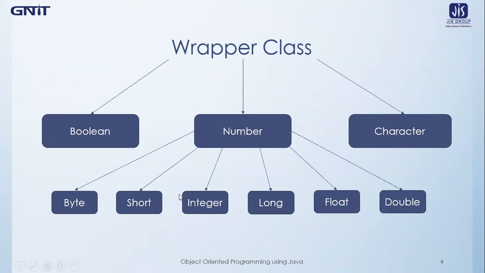Another data type which is there in Java is boolean, and capital B Boolean is the wrapper class for that data type. And another data type which is there in Java is char, and the wrapper class for that is capital C Character. So these are the eight wrapper classes that are associated with each of the eight primitive data types that are available in Java.